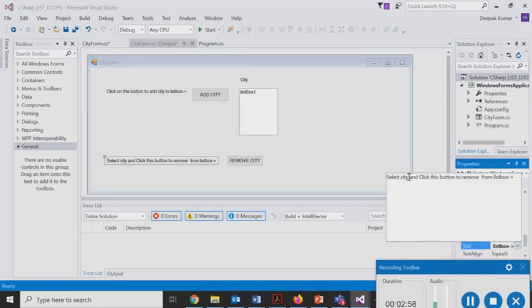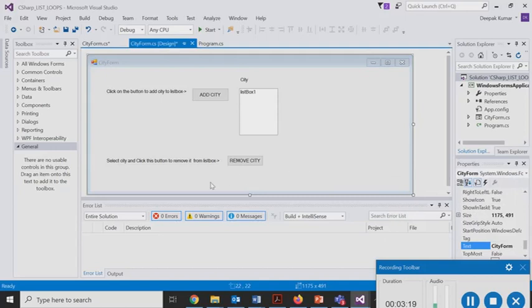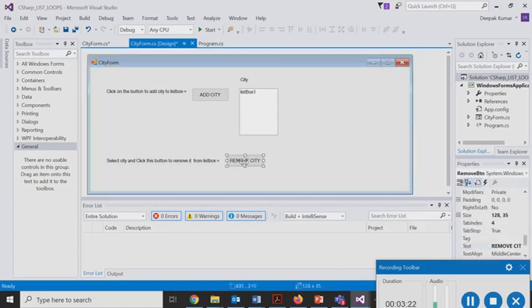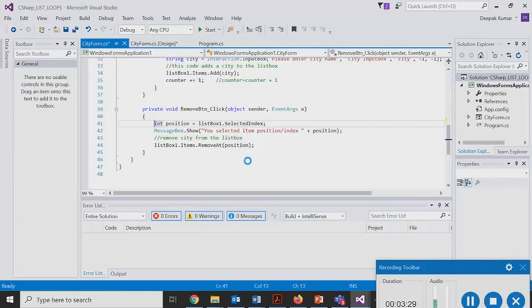Select city and click the button remove city to remove it from the list box. Right, so this is what we have right here. Now in order to do that, I would obviously go to the event handler that we are programming on the click of the button. So as I double click, I go to the remove button underscore click event handler, and